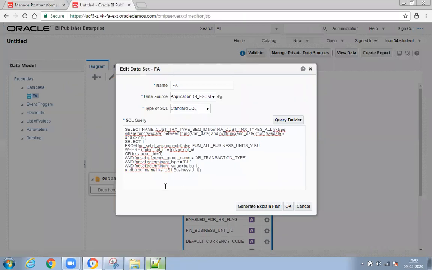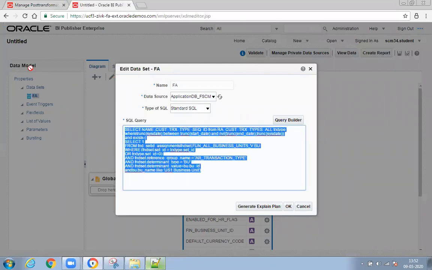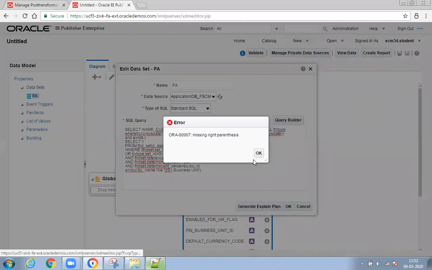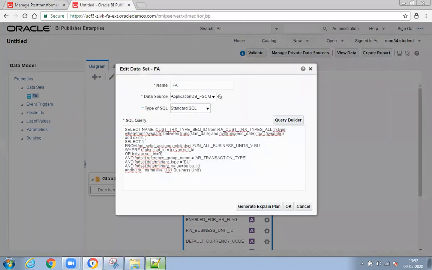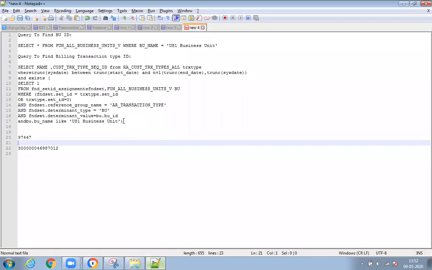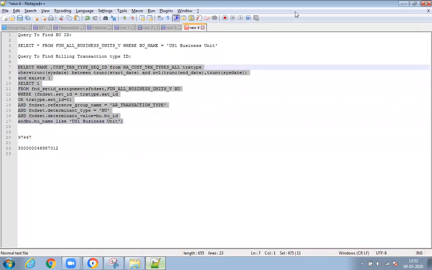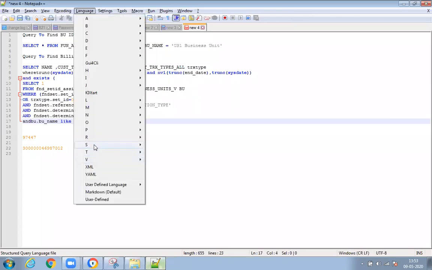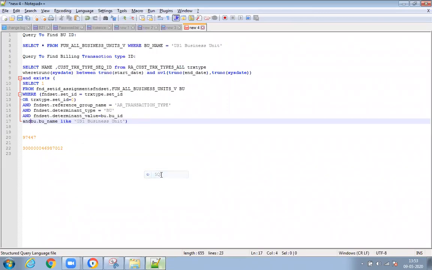Oh, it seems something is missing, right. Where is that? Let me enable as a SQL. Some issue is there with my SQL statement. Okay. Here there is no space.